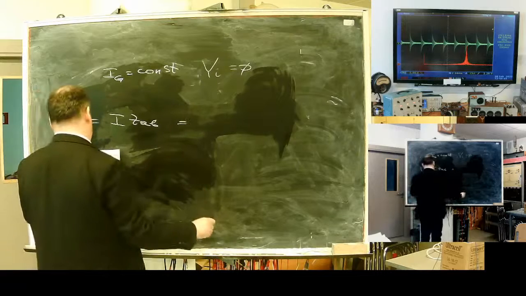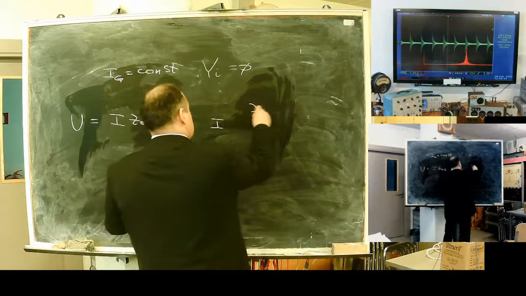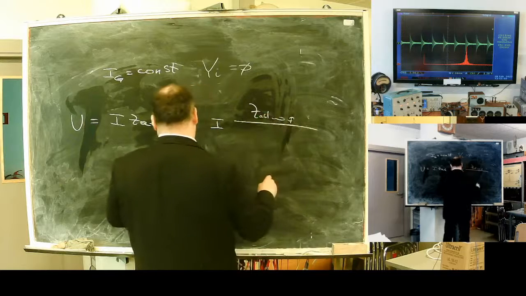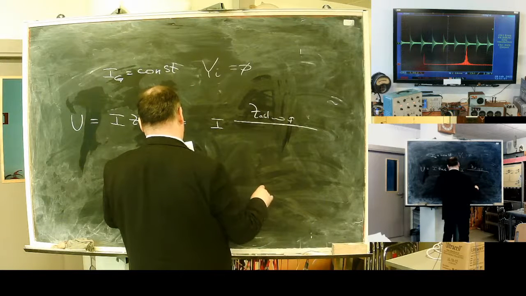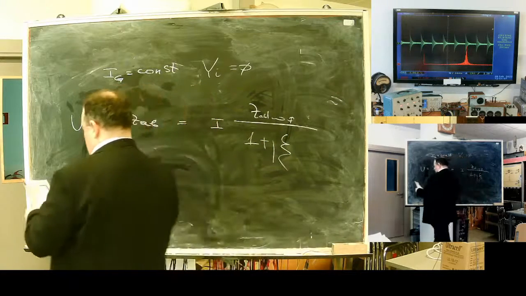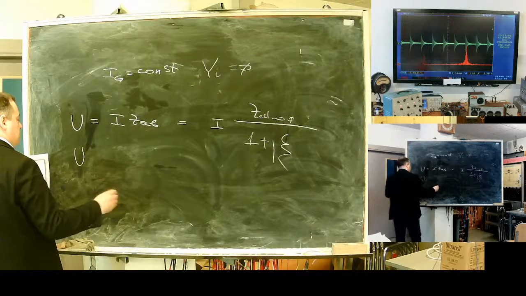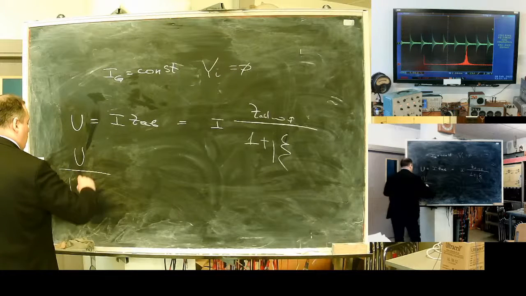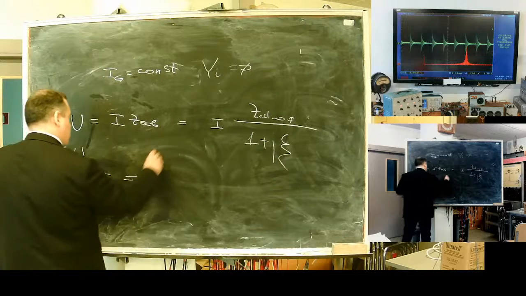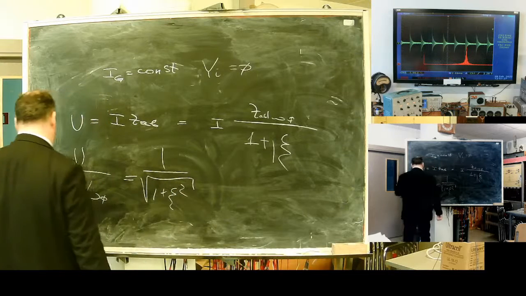Or current times ZAB at a frequency omega 0 divided by 1 plus Xc. And the resonance characteristic can be constructed in its ideal form. So the voltage divided by the voltage at the point of resonance will be 1 over the square root of 1 plus Xc squared,